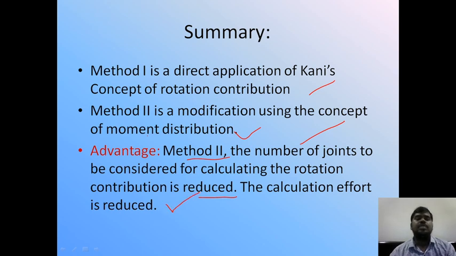So for easy calculation, the modification using the concept of moment distribution has to be chosen. But according to the syllabus, if the examiner asks us to use the first method, we have to be ready to solve using this. And if he asks for any method, you should be good enough to solve the problem using method 2. So that's all regarding the importance of the overhanging and continuous beams with simply supported end. It is just a small difference between the fixed end and this one.